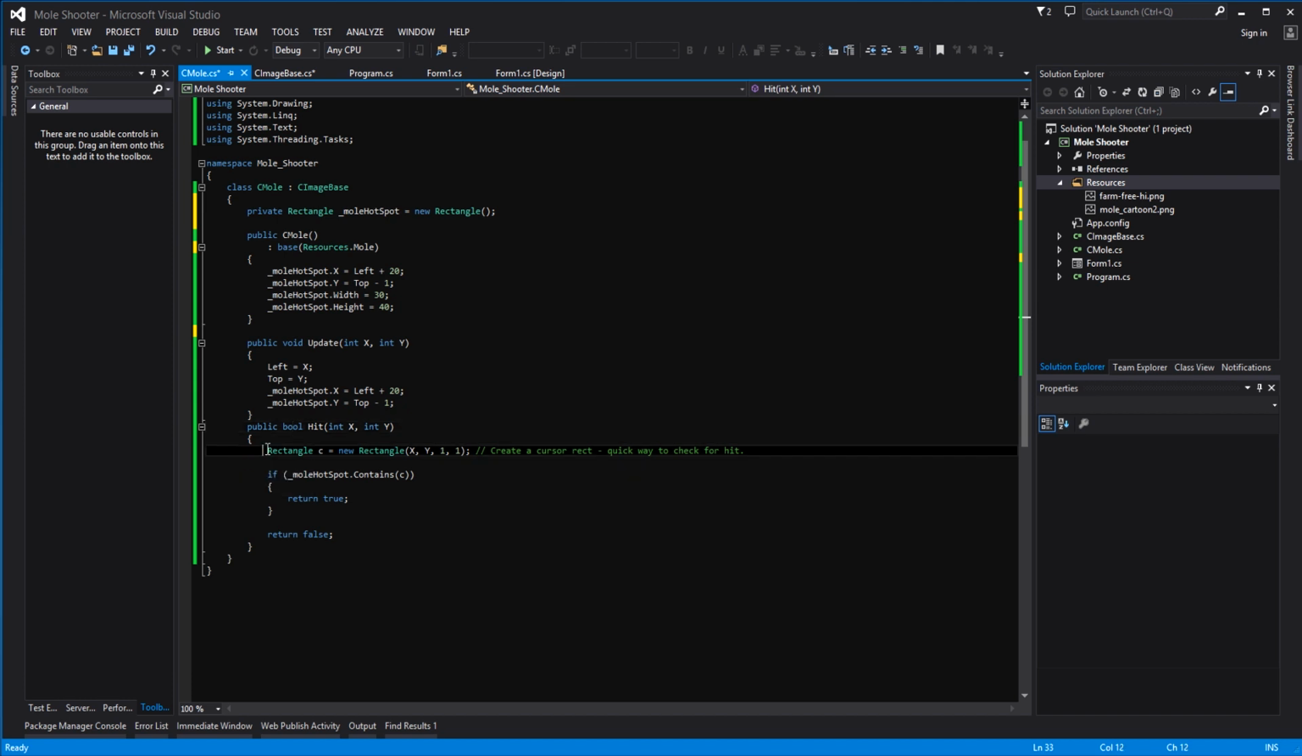Okay, so this line, what's this line all about? Rectangle equals new rectangle XY 1 1. So this is just creating a rectangle. The XY coordinates, i.e. the mouse coordinates on the screen that you've passed into the function, and it's created a rectangle which is 1 pixel wide and 1 pixel high. Okay, we put here a little comment which says creates a cursor rectangle, which is a quick way to check for a hit. Okay, now the way we do this is that the mole himself is a rectangle, or the